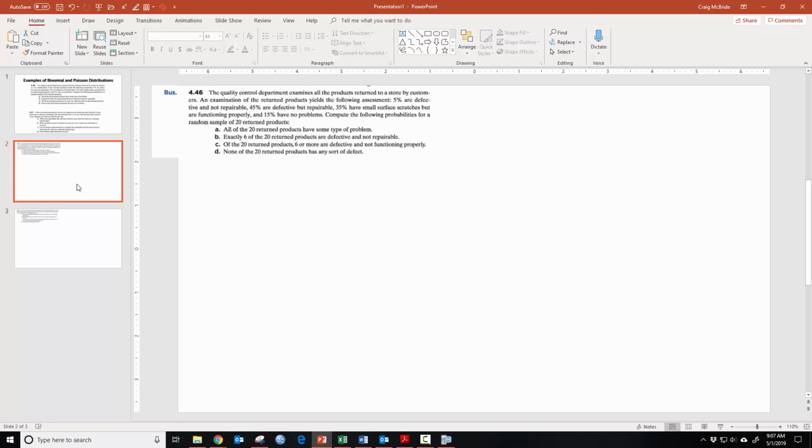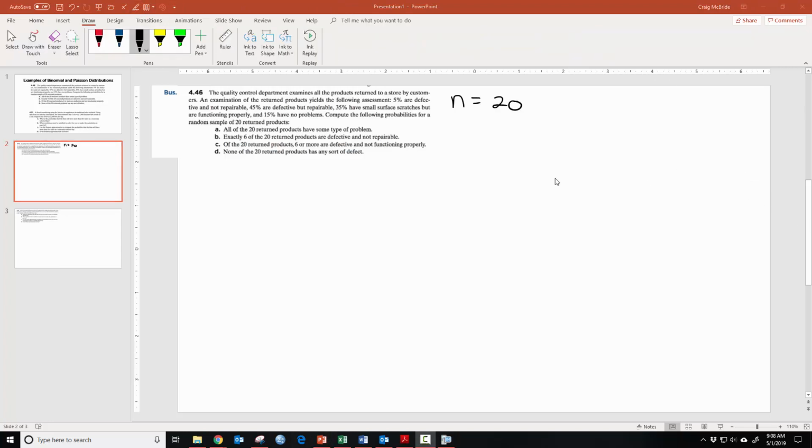It's always good to keep track of all of these numbers, right? So we know we have a sample size of 20. So the first thing I'm going to do is write down the fact that I have a sample size of 20. Next, we determine what kind of situation we're working with. Obviously, we know we're dealing with a binomial distribution because I said so at the beginning of the presentation, but